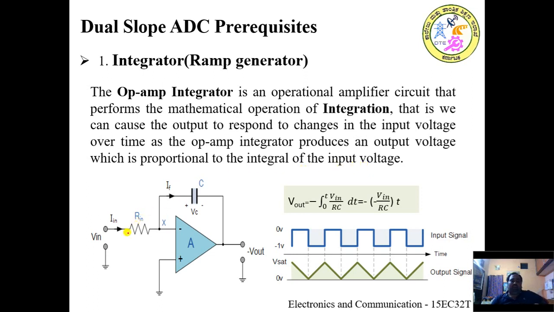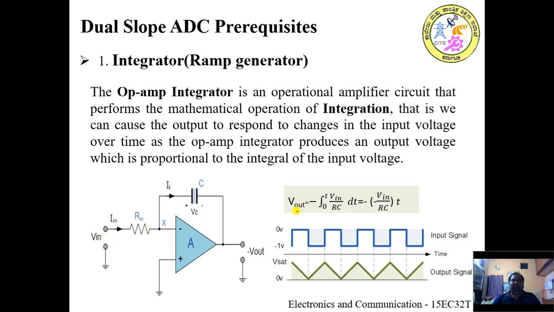As per the input given, you can see here this is an op-amp circuit. The input is provided at the inverting input terminal of the op-amp, and the non-inverting terminal of the op-amp is grounded here, and output is measured from this terminal. A capacitor is used as a feedback element, and there is a resistor used here which will serve as the bias element. Whenever an input is provided at the inverting input, we can expect an output which does an integration operation on the input voltage.